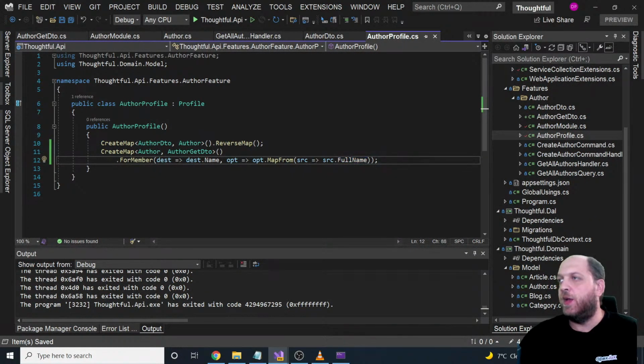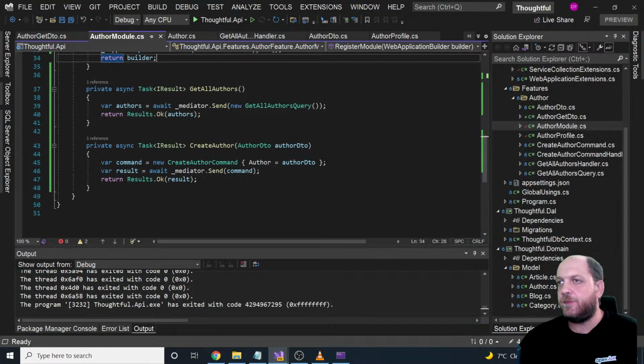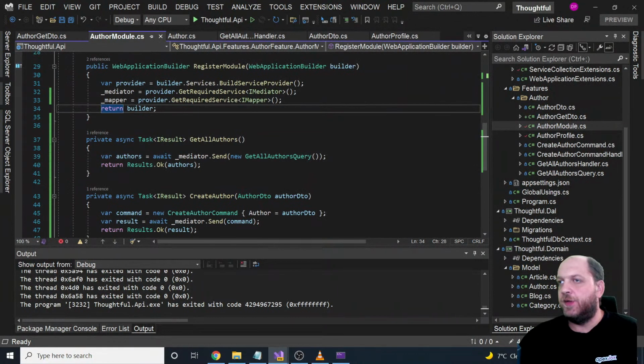And right now we have a mapping for that, so AutoMapper should know how to handle this. Now, if we go back to the author module, to the get all, where is it? It is like here. So in this case, we would